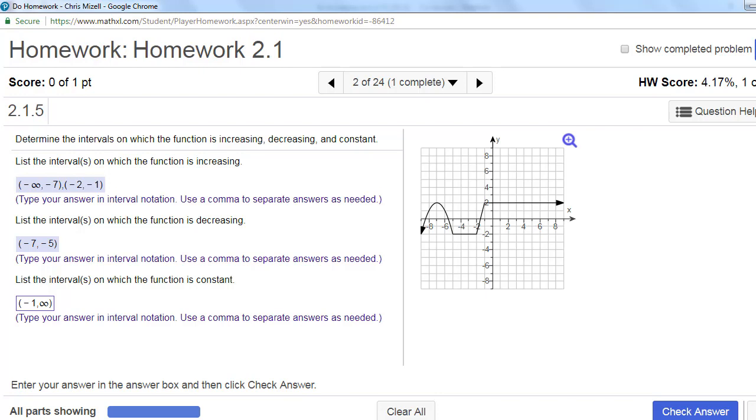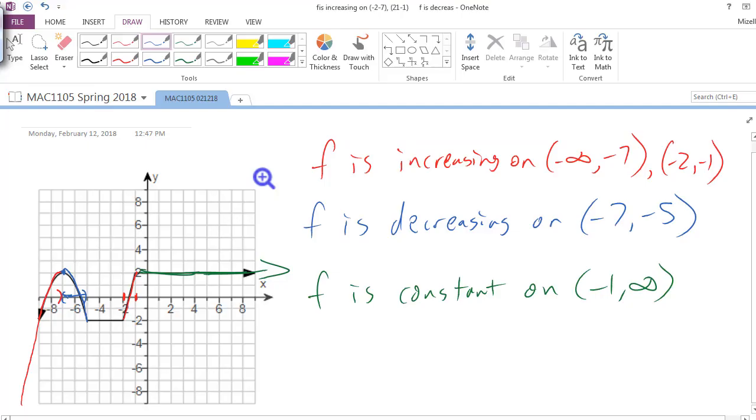Was there an... Oh, yes, indeed. That's why I missed it. Yeah, we all got to include from -5 to -2. It's increasing on that one as well. So,